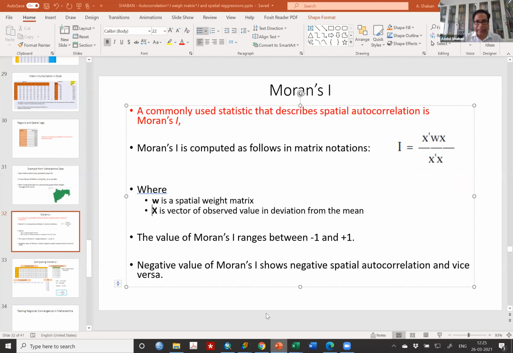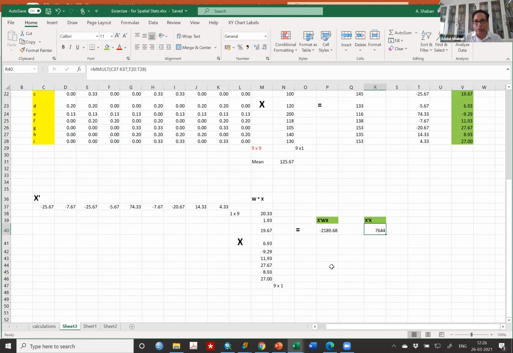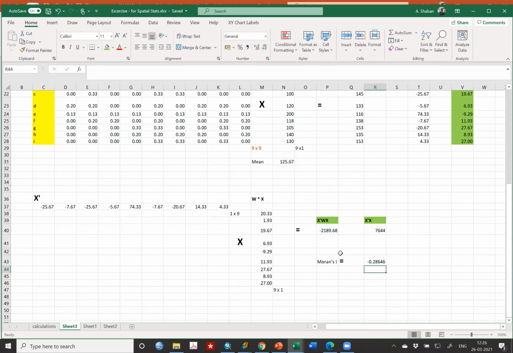So now we have cracked it. What we have done now is, this one needs to be divided by this one, and this will be the Moran's I value. So I got it. The whole thing is resolved. So Moran's I value can be written now: this one divided by this one, isn't it? Yes, sir.